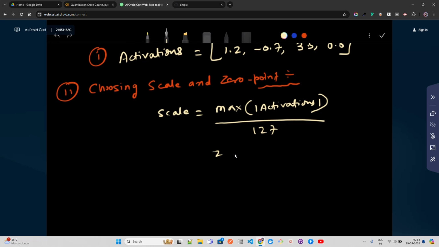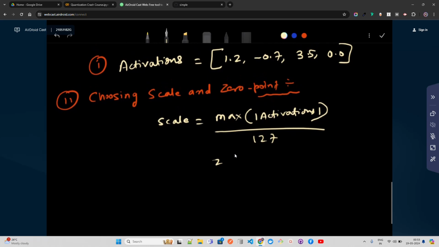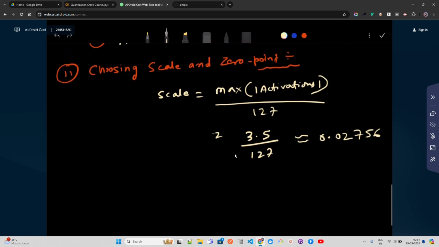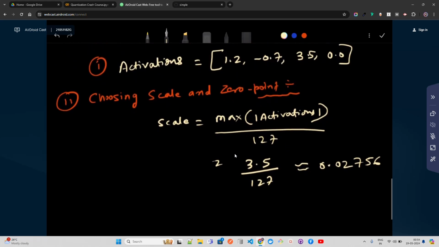Let me have a look at my notes. The max is around 3.5, and then 127. If you calculate this, it comes to around 0.02756. This is what I can see in my notes. Now how can you apply quantization to each of these numbers?